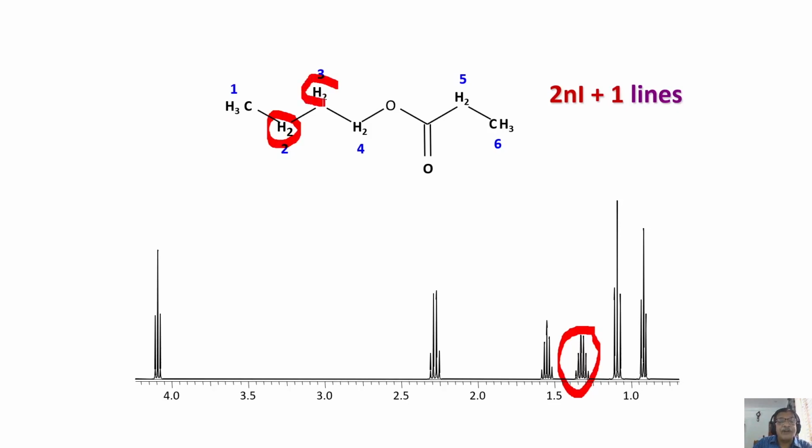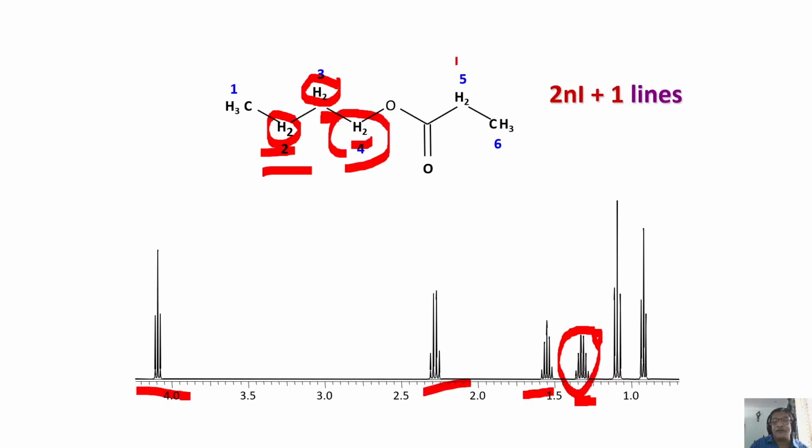Whereas look at this one, it is coupled to only two CH2s, this and this. It is a triplet of triplets. Triplet of triplets, maximum you get 9 lines. Quartet of triplets, you get 12 lines. So complexity is more here. So I would safely say this is this CH2O. And I would say this CH2 is this one. Now, what is the leftover, this CH2 is this one. This is coupled to this, it has to be a triplet. So we assigned this quartet because of this.